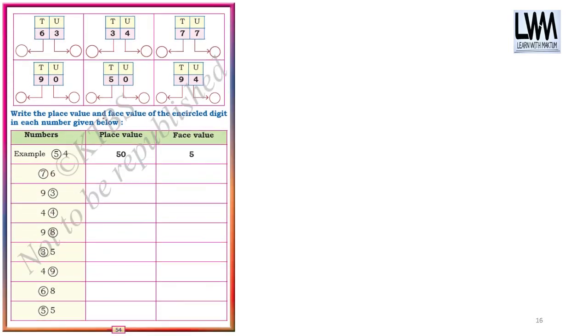So write the place value of the numbers in the given circle. 4 tens means 40 is the place value and 9 means 9 is the unit value. Now the same we have to do for this. 6 tens means 60 and 3 units means 3. 3 ones are 3. Then 3 tens means it is 30. 4 units means it is 4. Then 7 tens means 70 and 7 units means 7. Hope you can do these three.